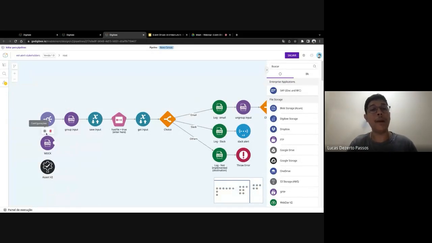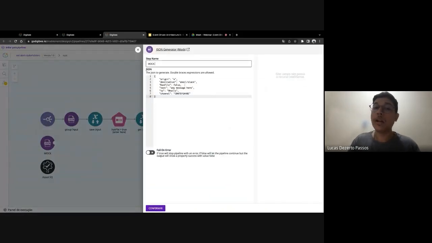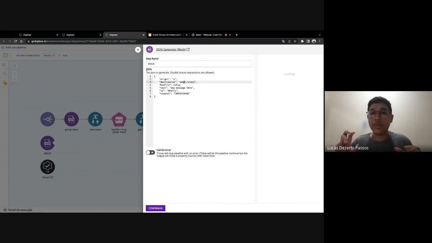What we have here is a pipeline that receives some parameters. So Clara can establish some parameters like the origin of the error stack. She can decide if you will send an email to the stakeholders or a Slack channel message. We can open up that range and put in a WhatsApp message or a Telegram message or something like this. It depends on the developer's choice. So here, Clara put for us two options: we can alert the stakeholders by email, or it can be a Slack channel message.